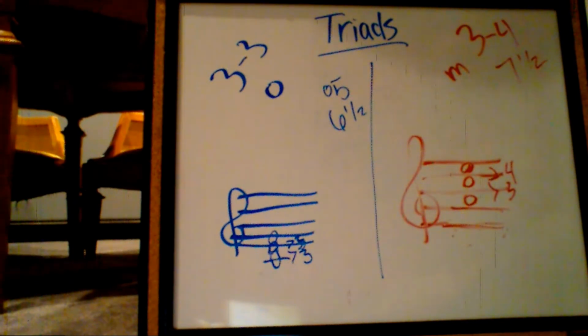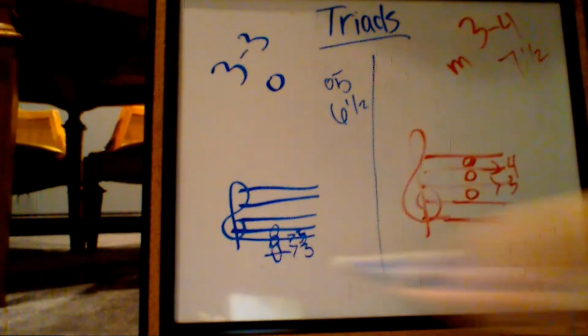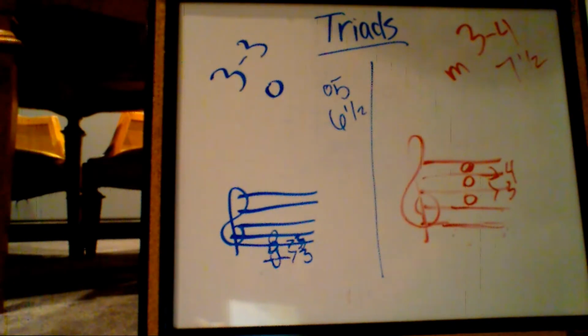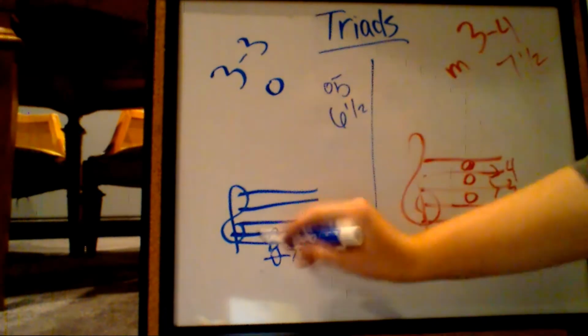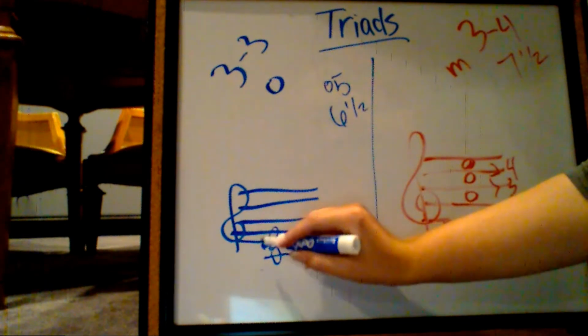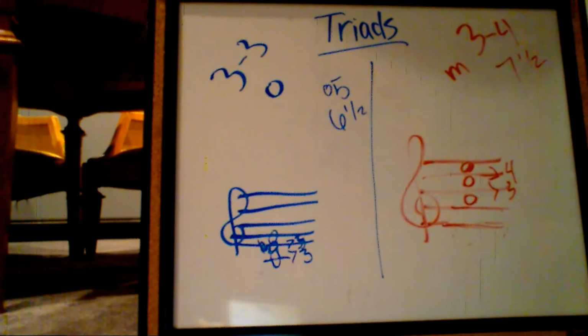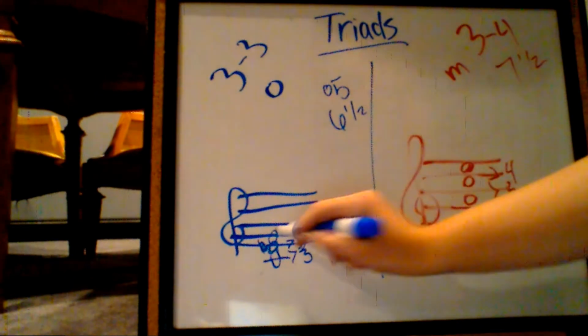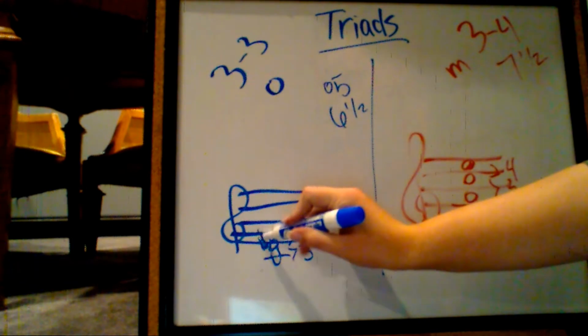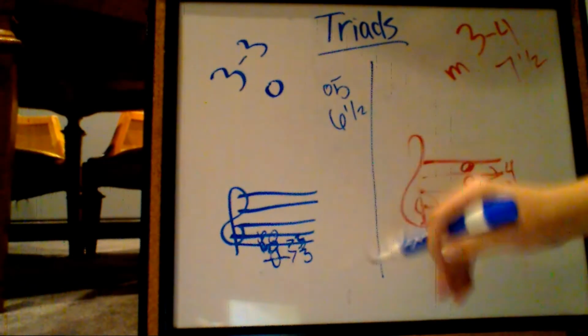So again, we play this on piano. We go to middle C, which is where our first note is. That's our bass note here. We play middle C, and then we go up 3 half steps, and that is an E flat. So we need to draw in a flat here. Wow, my drawing skills in this one are not very good. And then from that E flat, we have to go up 3 more half steps. And that is a G flat. It's a G because this is what is drawn here, so it needs to be flattened. And that would be your